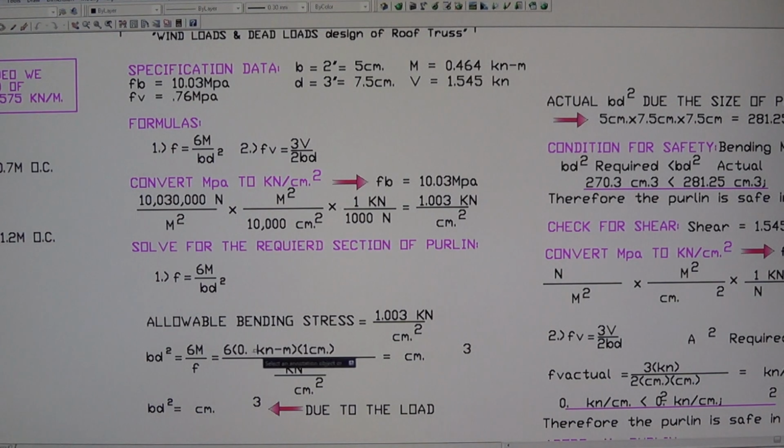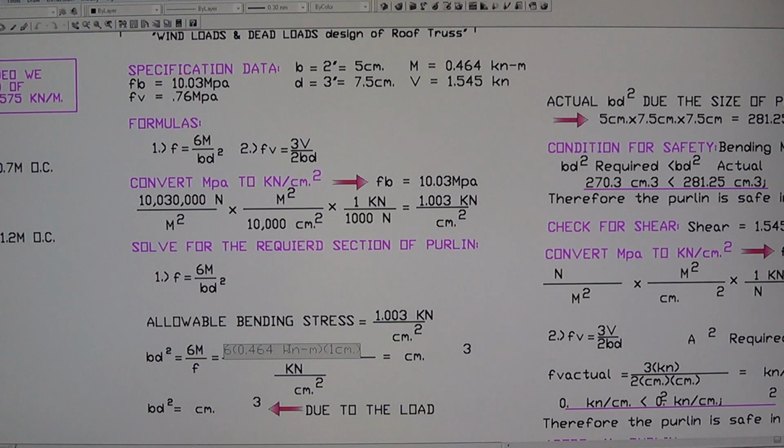So let's do that now in this formula here. So this is 464, point 464 kilonewton meter,